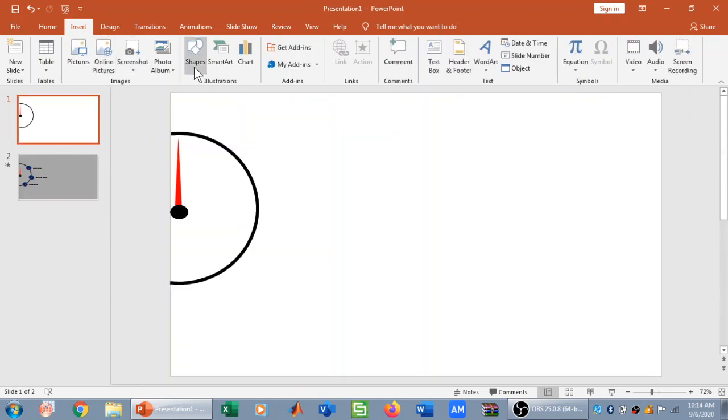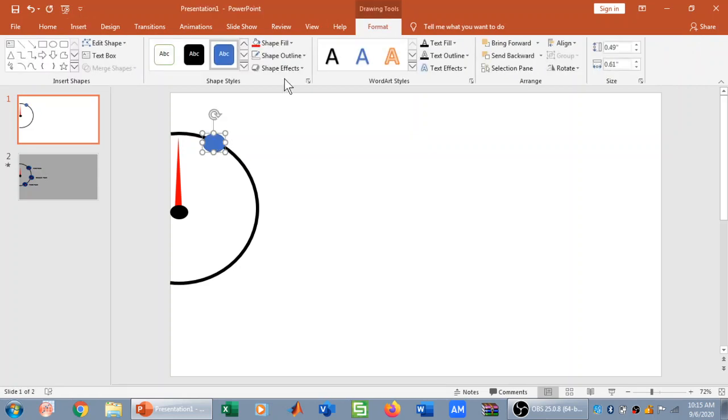So again I'm going to go to the insert shapes and I'm going to select this oval. So I'm going to select this oval and place it over here, and then I'm going to again go to shape outline, no outline, shape fill. I can give a color of my liking. So let me give it a